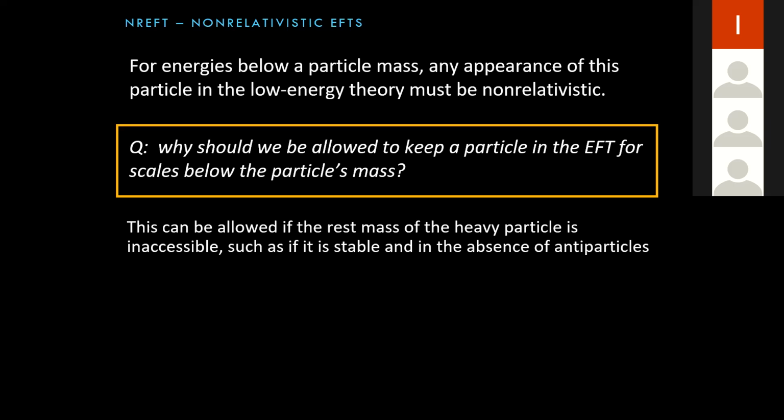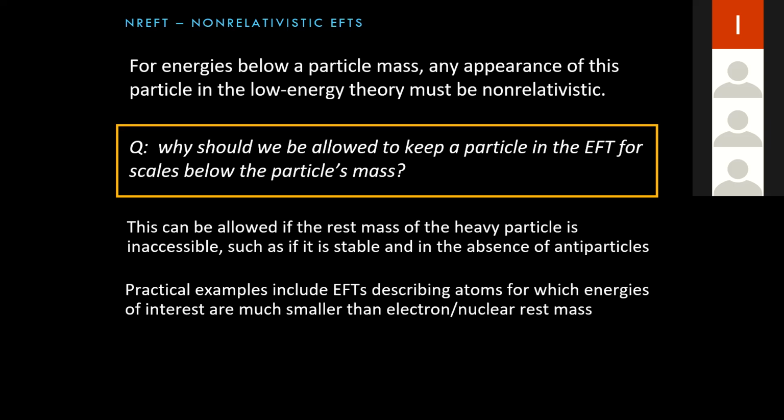And the way around that is if you're in a situation where the energy in the rest mass, which is enormous in this low energy picture, is not available to be liberated, then it's possible that you could set up for long times for which other low energy effects are important, and the rest mass is just irrelevant to any of the dynamics. That kind of thing happens if the particles involved are stable. So it tends to be that, in the case of the Earth, baryon number conservation